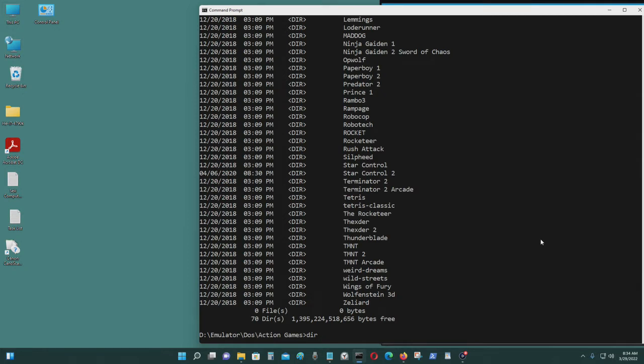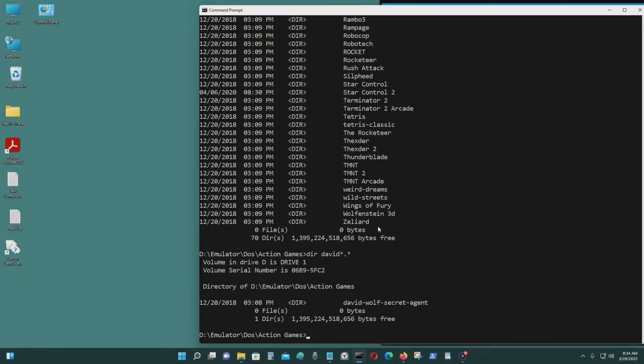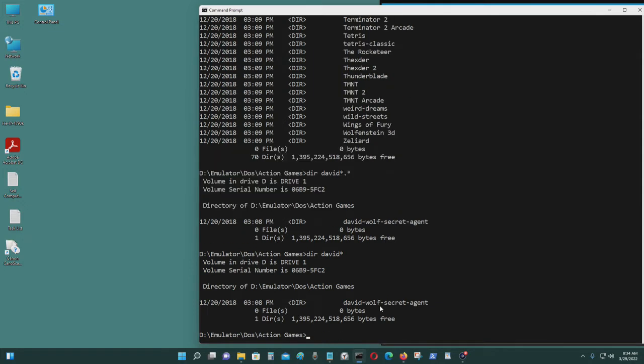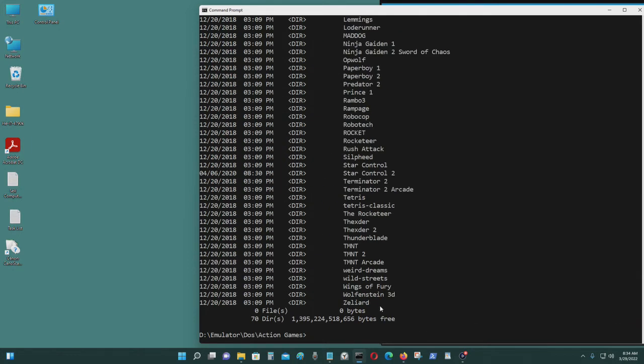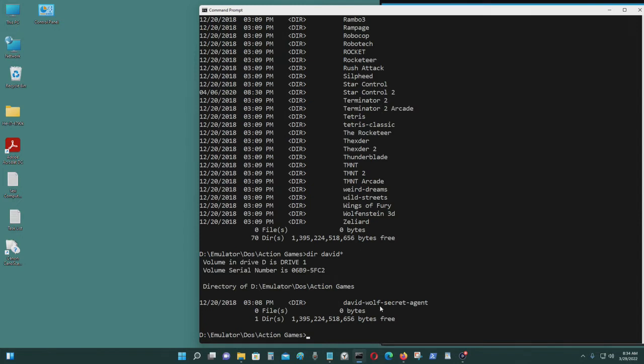dir David, I type asterisk dot asterisk. This is the folder that I find. I could also type David asterisk, and I come up with the same thing. So I go into this directory instead of looking for each individual thing, which is time consuming. This is just a lot more efficient. It's David Wolf